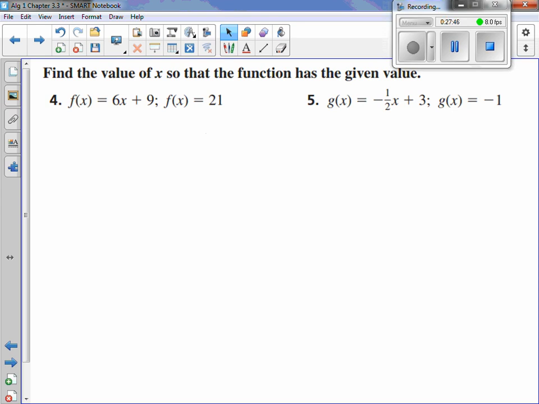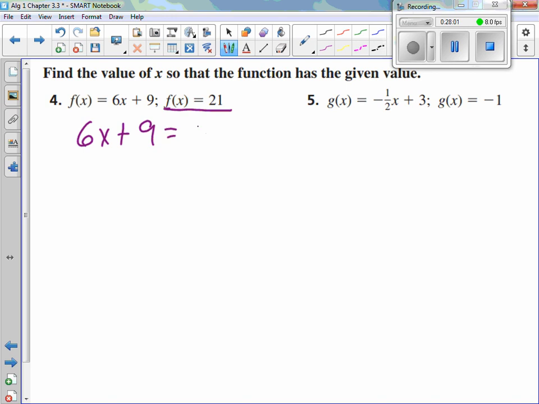Let's look at another one. Let's look at number 4. Now, number 4 is telling us f of x is what? 21. So we'll set 6x plus 9 equal to 21. Now we need to solve for the value of x. So what would we need to do first to solve this? We would need to subtract 9 from both sides. And when we subtract 9 from both sides, well, 9 minus 9 is 0, so I get 6x is equal to